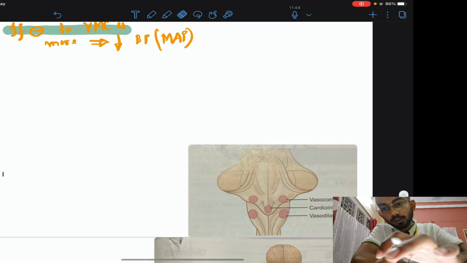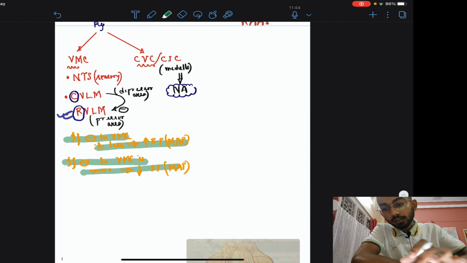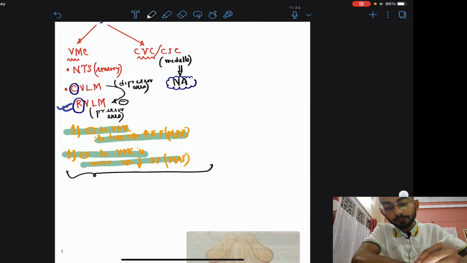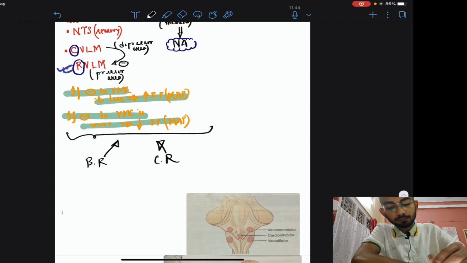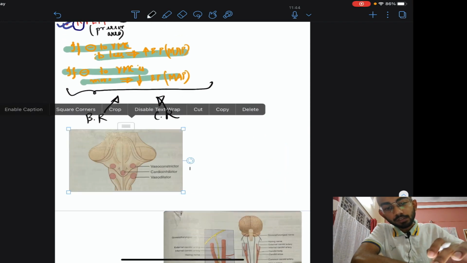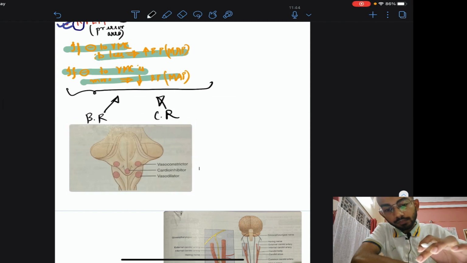All right guys, so now let us talk about what this VMC and CVC are controlled by. This VMC and CVC is controlled and regulated by baroreceptors and chemoreceptors. Baroreceptors and chemoreceptors, okay. So guys, here I have taken up an image from the Guyton showing the